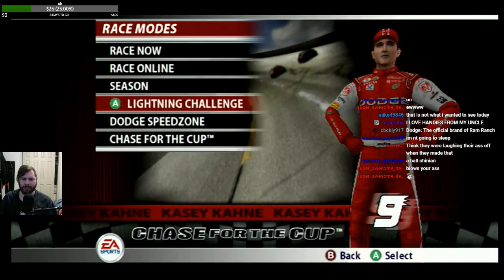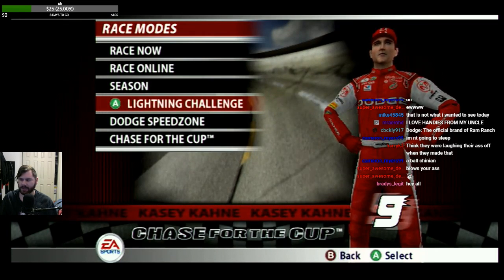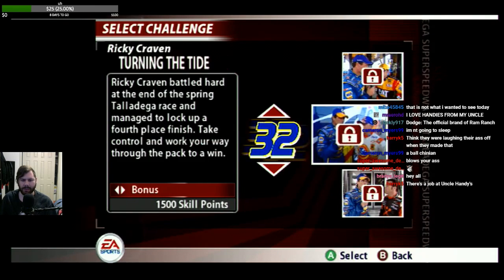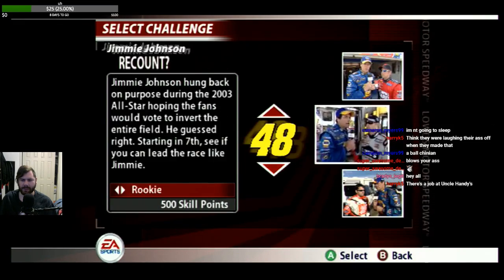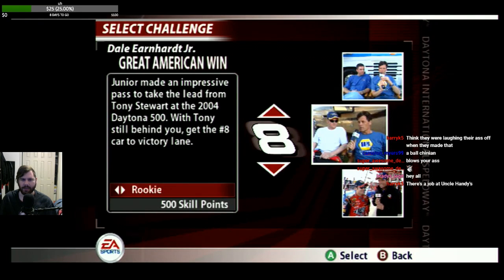So now, let's move on to our final mode of the game, the Lightning Challenges. So this is our scenario mode of the game. And, well, yeah, it's interesting. We have 4 different levels: Rookie, Veteran, Legend, Bonus. We can only access the rookie ones for now, and we have 10 different challenges to do. These might be lengthy segments, I'm not sure, but we're going to start with Dale Earnhardt Jr.'s Great American